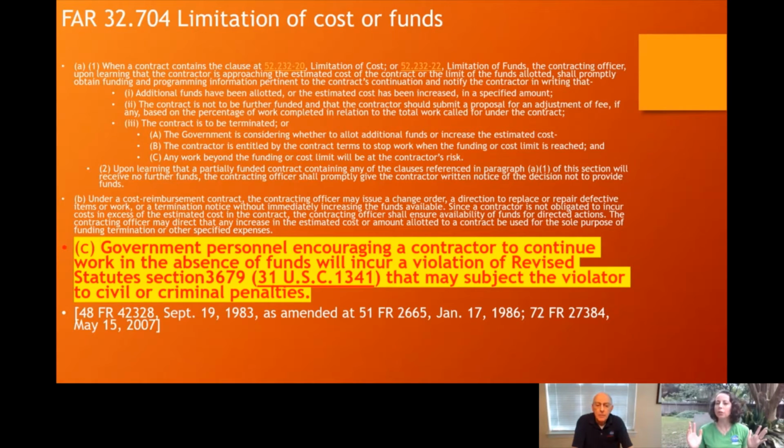Because while we've been given new direction under the CARES Act, these provisions are still in effect. There's nothing in the CARES Act that altered our fiscal law obligations, is there? No, the CARES Act doesn't do anything with regard to fiscal law. It will have one interesting thing, and it allows us to amend contracts without consideration, and we'll talk about that. Typically, you have to amend contracts and obtain consideration, which is either a reduction in the cost or some additional reports or.